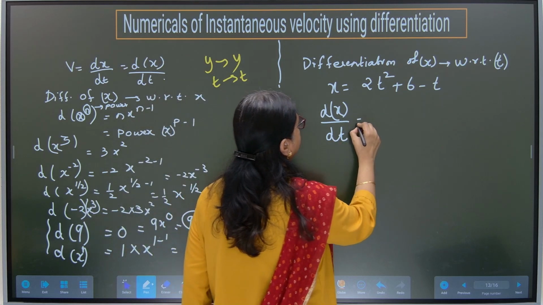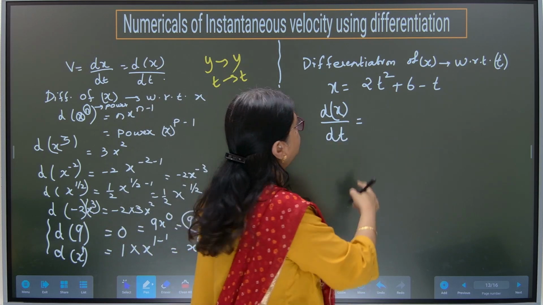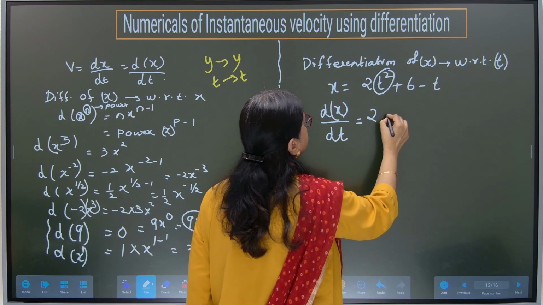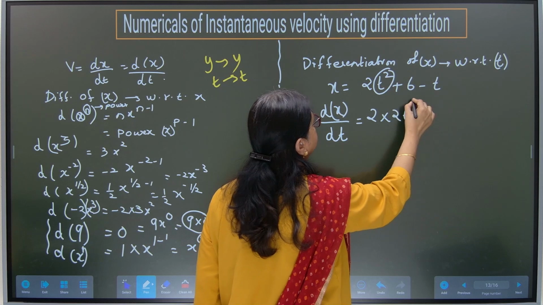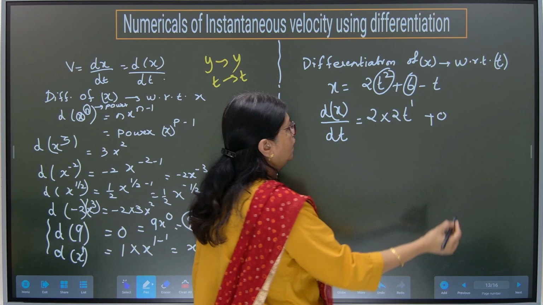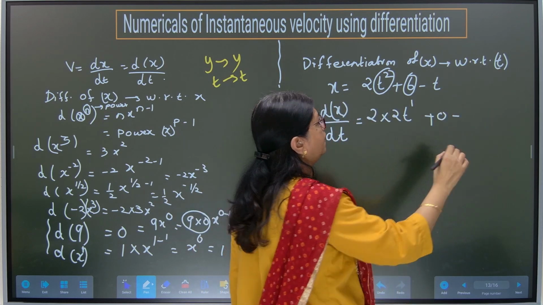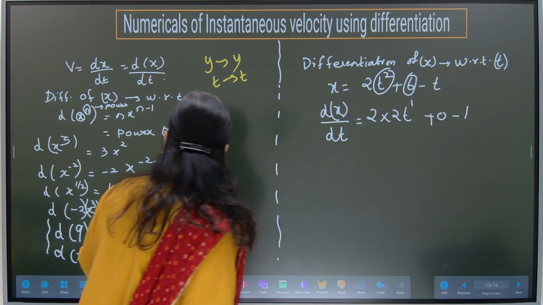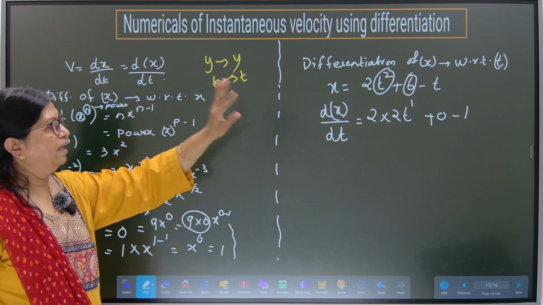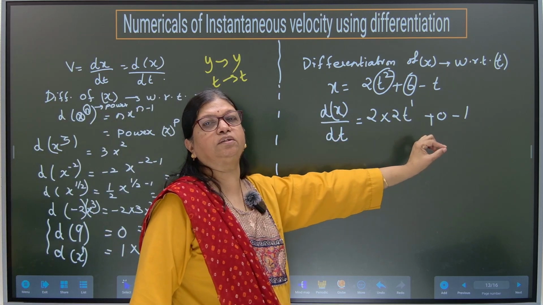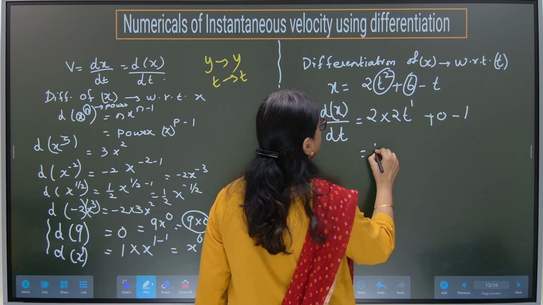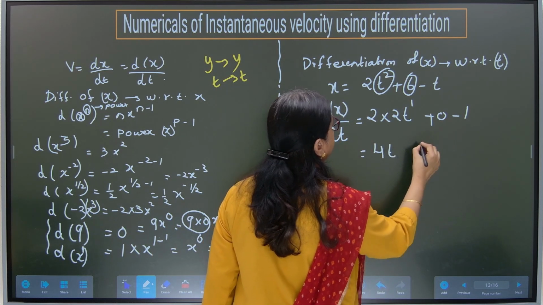So now, what should I do? This we have already learned just now for 2. 2 is 2, as it is. What is differentiation of t square? 2 t raised to 2 minus 1, 1. Plus. What is differentiation of a constant? 0. What is differentiation of a variable? 1. Just now we learned all this. t is a variable, so its differentiation I wrote 1. Everything we have learnt, and that's why I took that example. Fine? Okay. So what is my final answer? 2 into 2, 4, t minus 1.